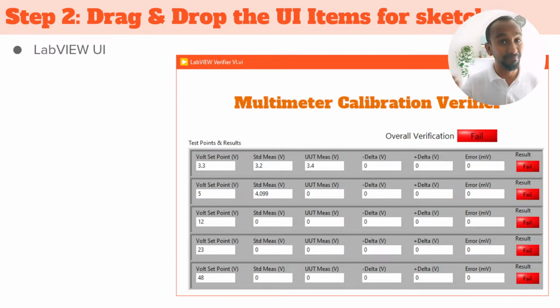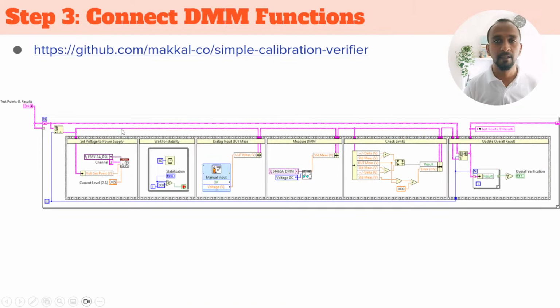When you go to step 3, this is the backbone of all those UI components. From your sketch, you have brought up your UI now, and now you would try to connect all the different functions like the DMM function and other functions in the back end of that. How you would do that is,